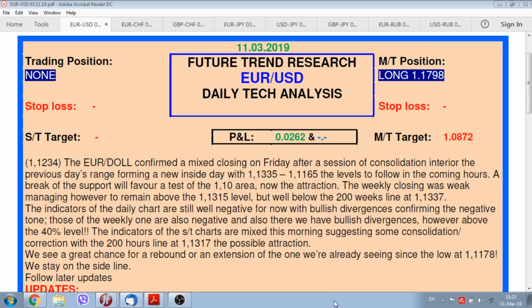This morning, 11th of March 2019, we are ready to present a technical point of view of how to trade major currencies in the world financial markets, provided to us by the company